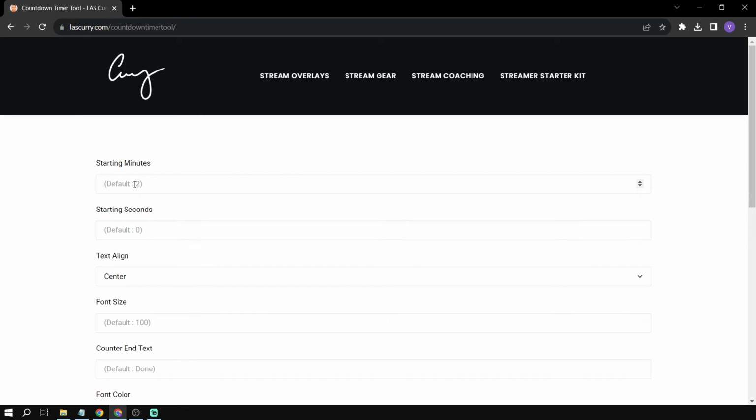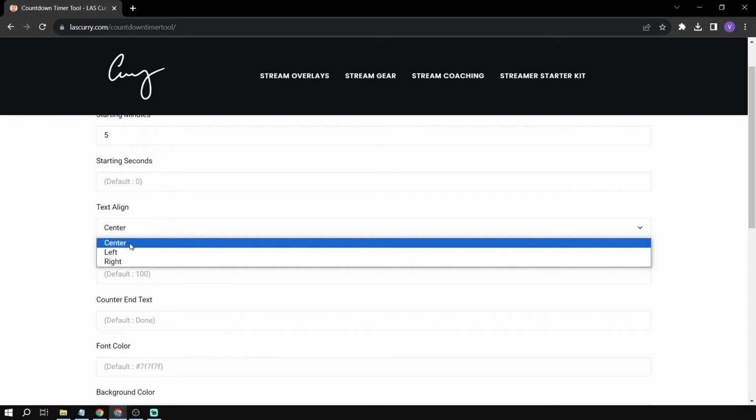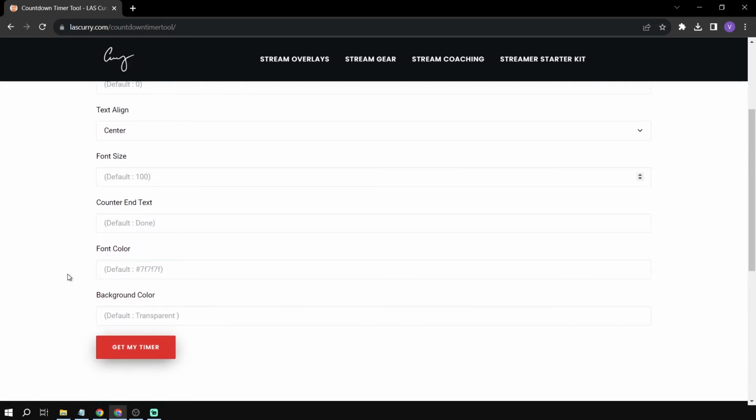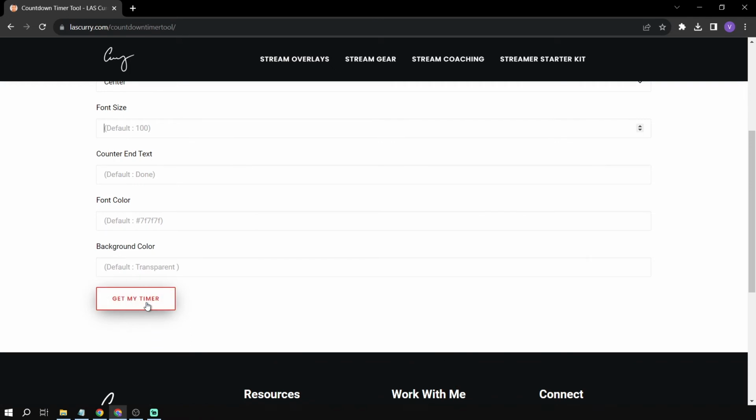And then from here, you are just going to type the minutes. Say for example, I'm going to say 5 still, and seconds, and we are also going to change this one. Basically just change everything here in according to your liking. But once you're done, you can just click get my timer. Okay, there's our timer, and then we're going to copy this link